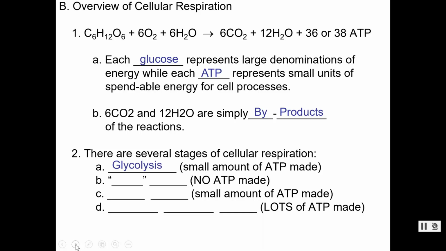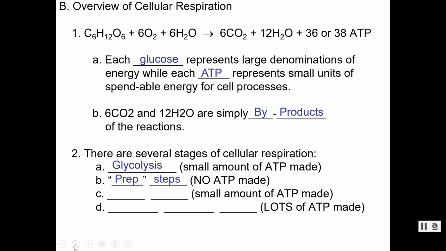Now in glycolysis, which stands for glyco as sugar and lysis, we know lysis is to break apart. So we're actually breaking apart sugar. You're going to start with the glucose and break it down some. We do make a little bit of ATP, but not much in that. But we do make an end product that can go through a couple of reactions called the prep steps or